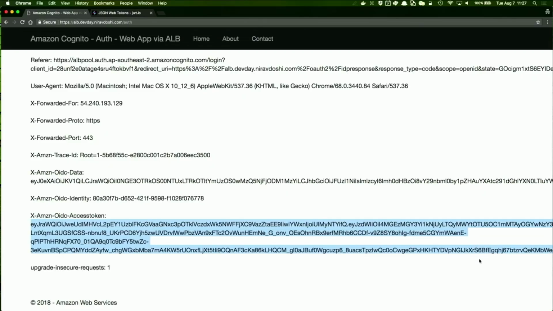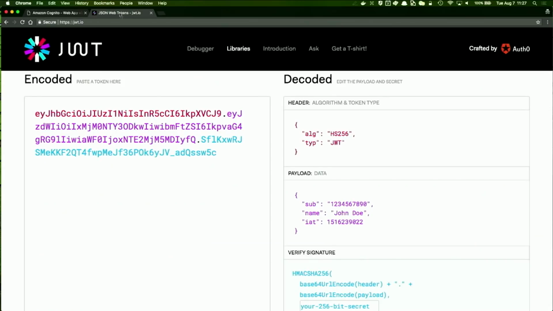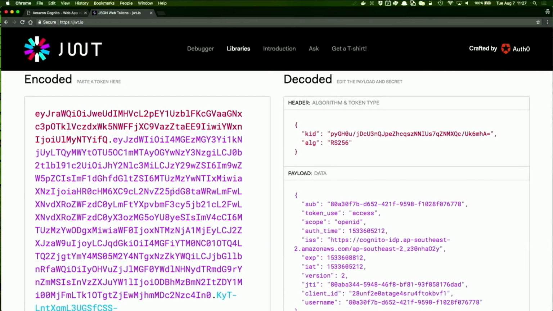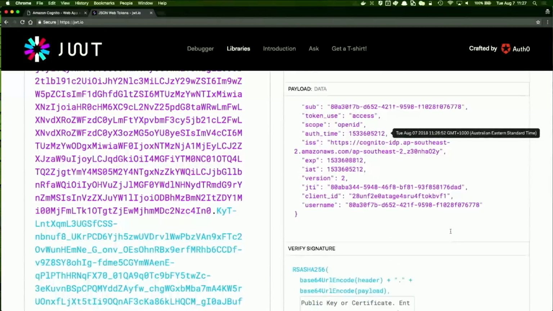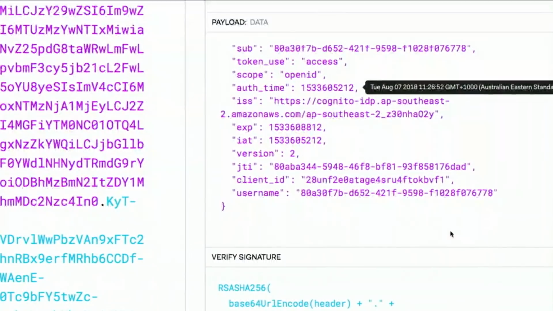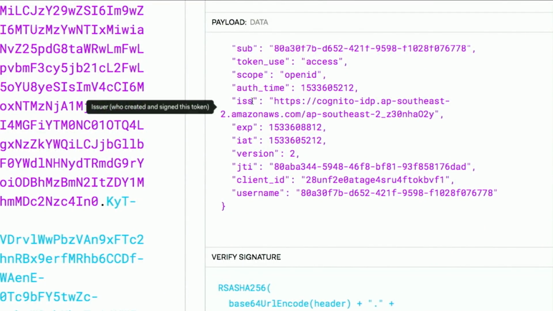If I take this token and decode it, I should see the payload of my user who has just logged in. This is how the payload looks. It clearly tells that the issuer of this token is Cognito IDP. I have the token use as access. It's an OpenID token, and this is the user I have.